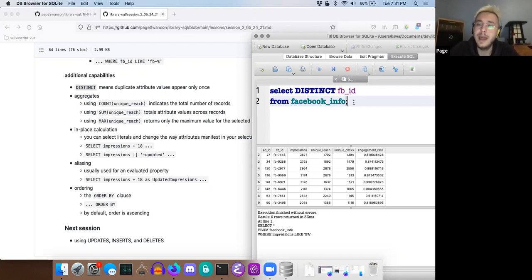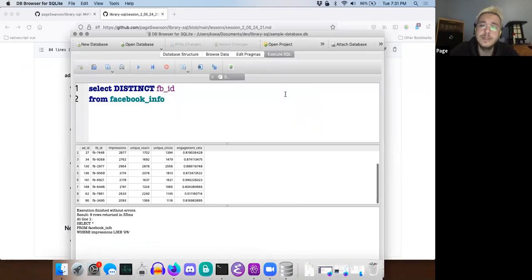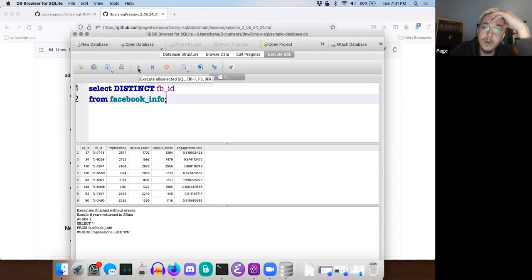You'll notice too that I'm adding the semicolon to the end of a lot of these statements. I'm doing that because that is technically the way you terminate a SQL statement. You don't have to add that, especially in an interactive environment like this. It's usually totally fine. But if you have a subsequent statement, SQL might get confused and think that you're trying to have two statements together. So technically the correct way to terminate a statement is to use the semicolon. Okay, so if I run this,